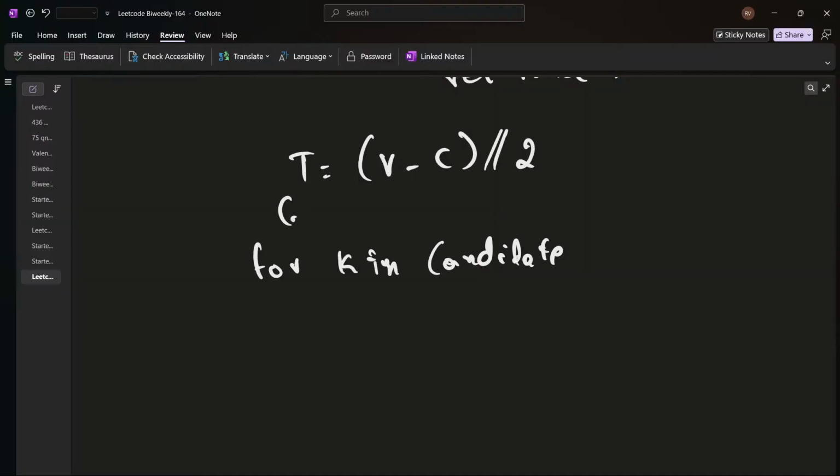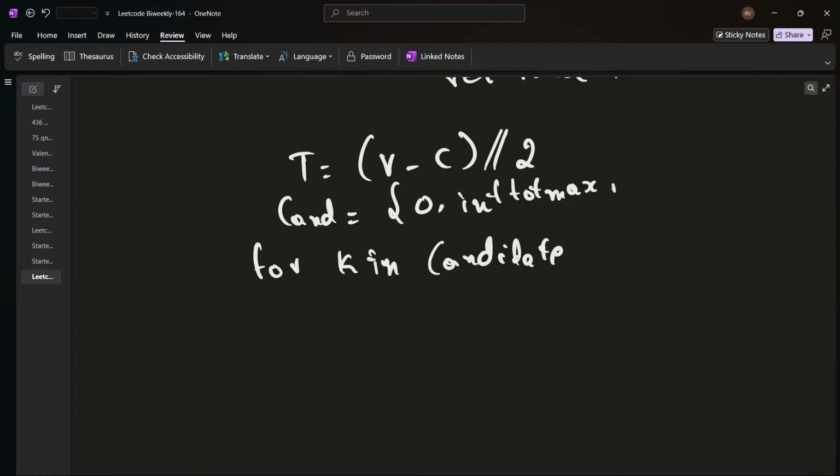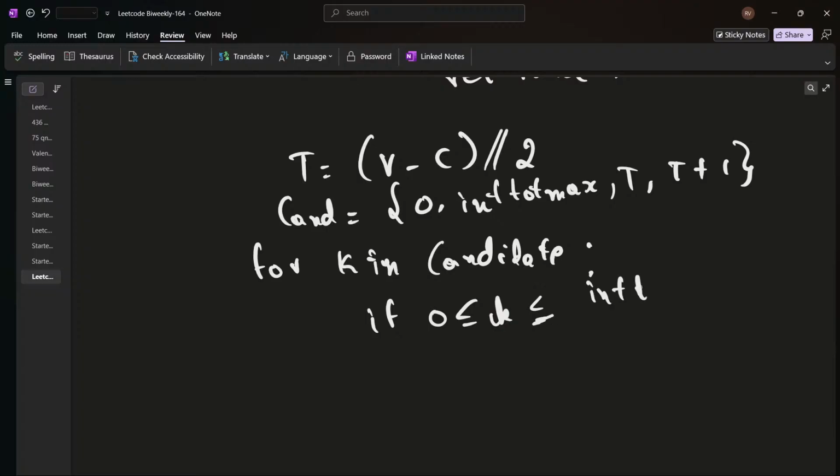Before this, I'll take one more candidate. I'm not writing it fully. Candidates equal to 0 comma internal total max comma t plus 1. I'll run on this. Now I'll take the final answer, putting all comparisons. If k is greater than or equal to 0 and lesser than or equal to internal total max,